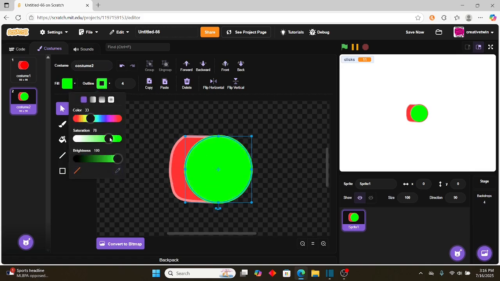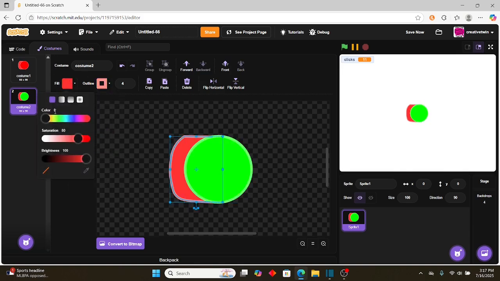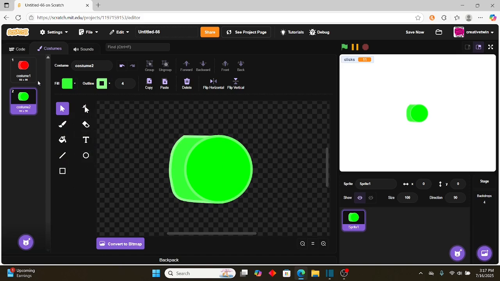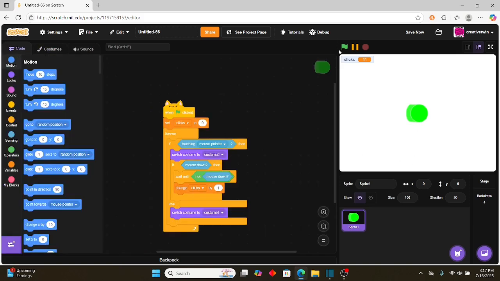Same progress, set this to 58. We're going to set this to 33. Set this to 33 again. So